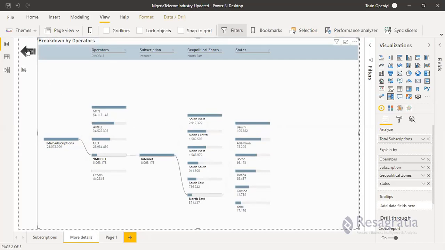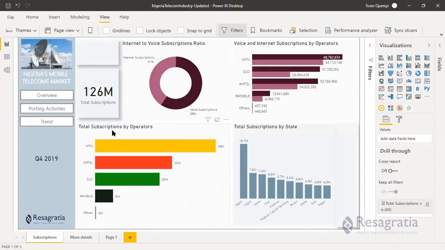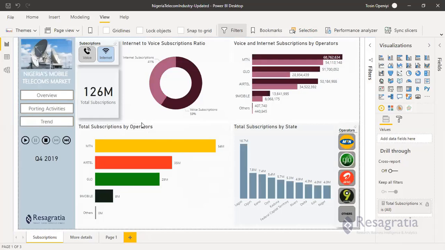All right. So to go back to the home page, just click on this back button. We are there. Nice. Then another thing we can do, for the porting activities, we are quickly going to do justice to that. Then it's also good to know that we can also filter by operator.